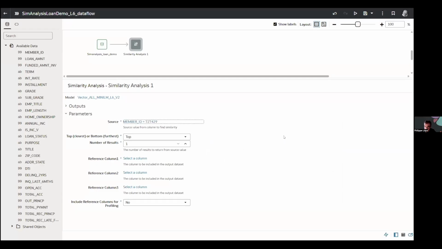It could be a series of records, not just one. And I would like AI vectors to return to me the top 100 or the top 1000 or the top 10 or the bottom 10, the closest records to this one or the furthest apart records. And that's it. That's as much as I need to provide, and I can save this data set.